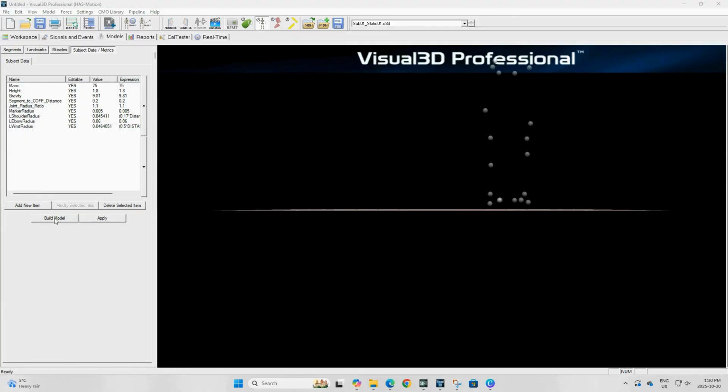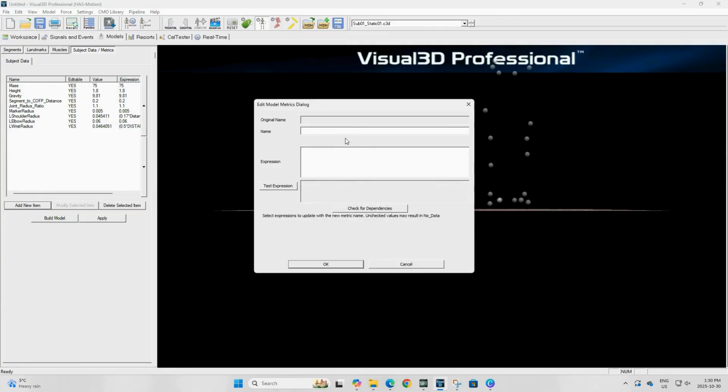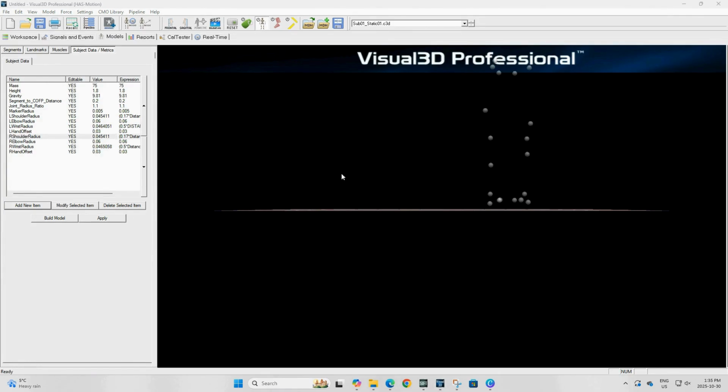Finally, we'll create a value for the left hand offset and set it to 0.03. Do the same for the right hand offset. You can now see on the left the full list of subject metrics that are required to define the model.